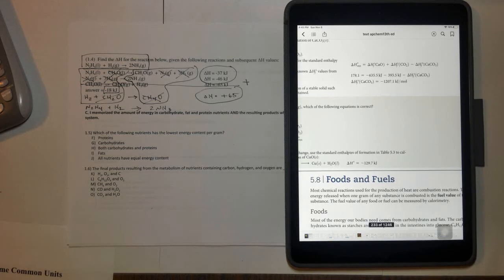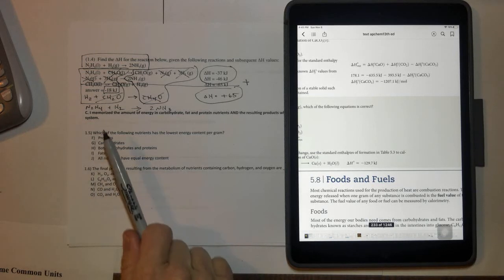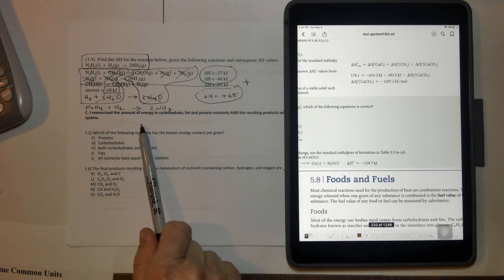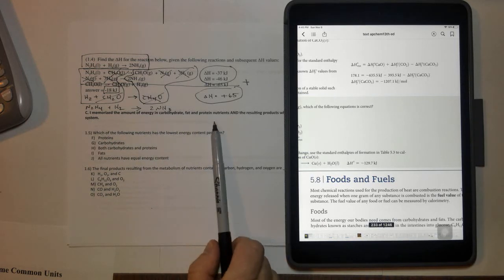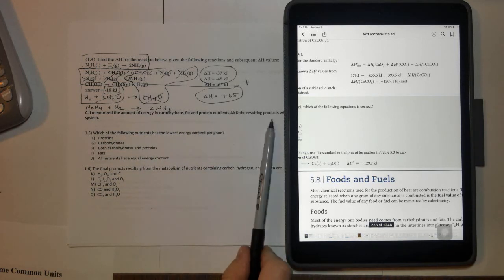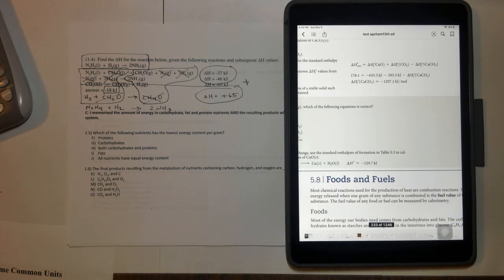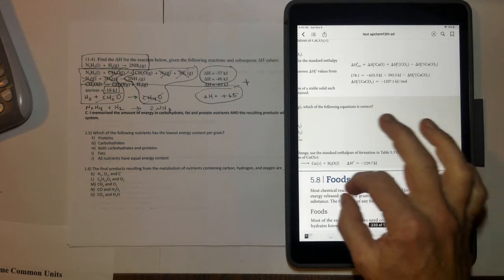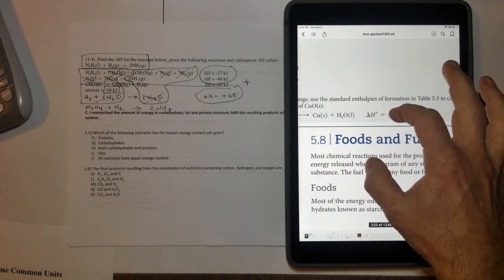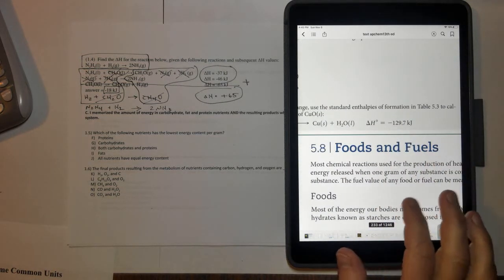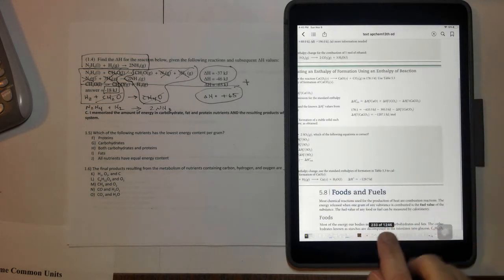So here we are in the second part of the practice test. These two are from the learning target: I memorized the amount of energy in carbohydrate, fat, protein, and the resulting products within biological systems. Well, if you haven't memorized these, now's a good time to do it. This comes from section 5.8 in Brown-LeMay-Burston 13th edition, and it talks about how most chemical reactions used for the